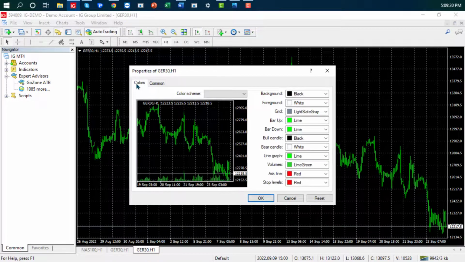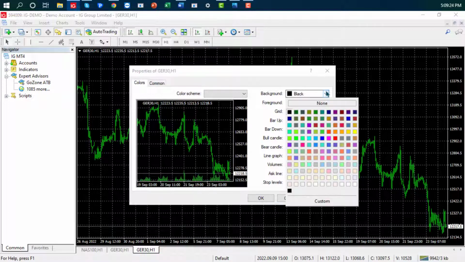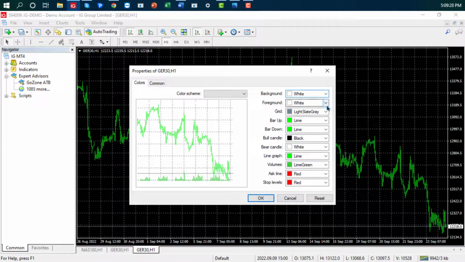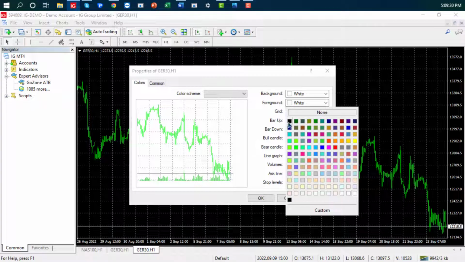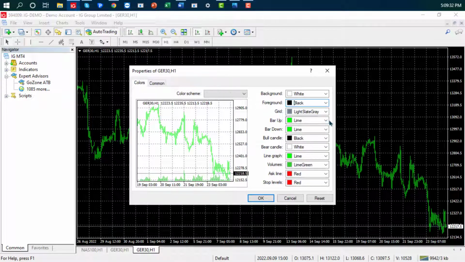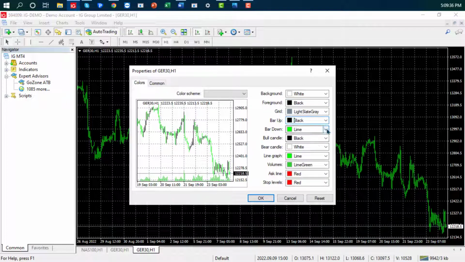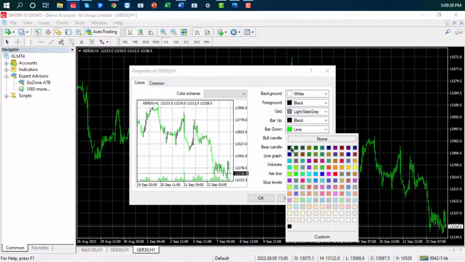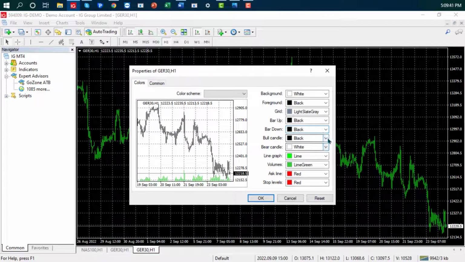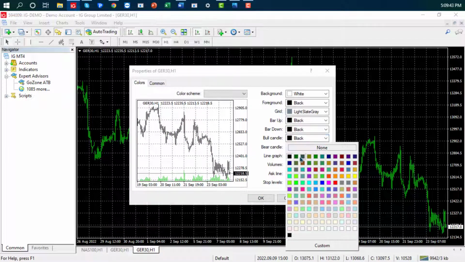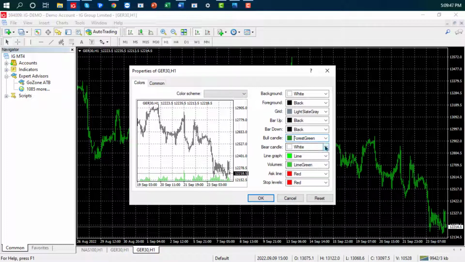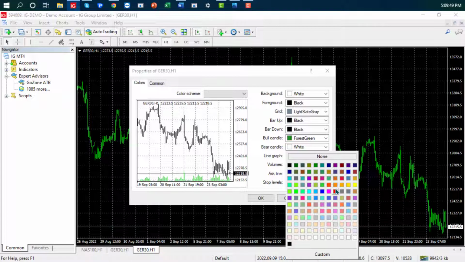Back to colors, and we're going to change the background to white, foreground to black, bar up, black, bar down, black, full candle, green, bear candle, red,